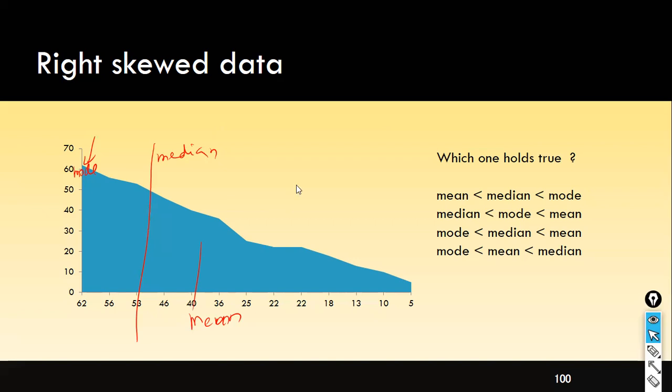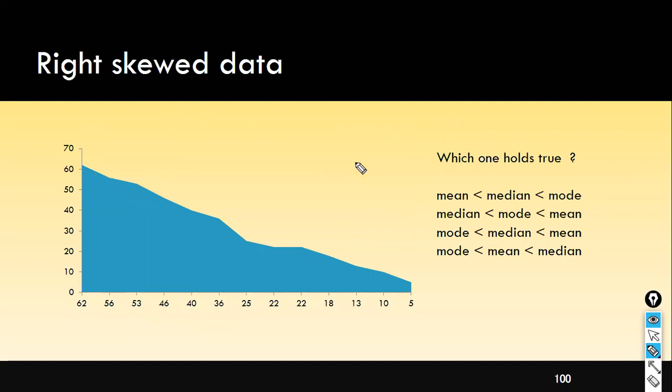I gave you this one also here. Tell me what the answer is now. Type it in the chat window. Dhanraj, are you there? Only when mean is less than median. So in the case of left skewed, tell me now which one is the correct answer. For example, in the same thing,